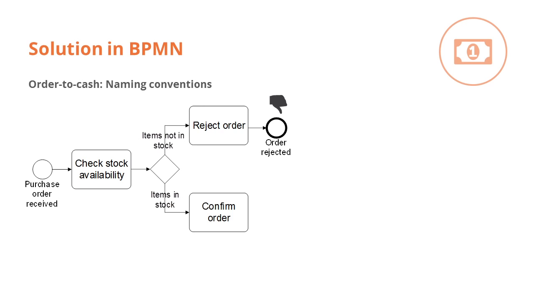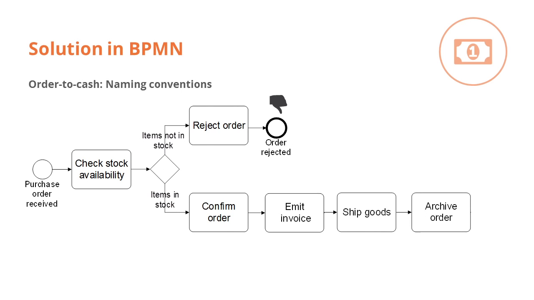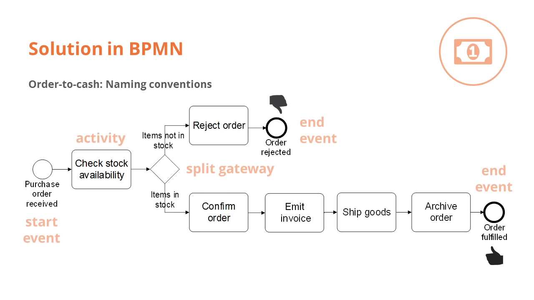If the purchase order is confirmed, we have three more activities in a row. We emit the invoice, we ship the goods, and we archive the order, upon which we complete the process with an end event order fulfilled. Now, we have a start event, two end events, 6 activities, and 1 split gateway. We say that a gateway is a split if we receive 1 incoming arc and then we create 2 or